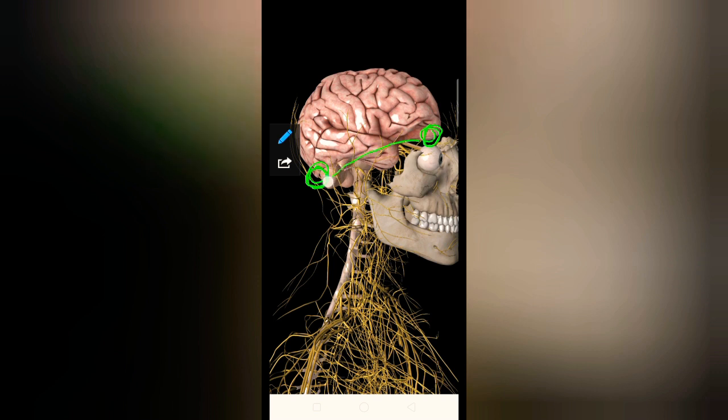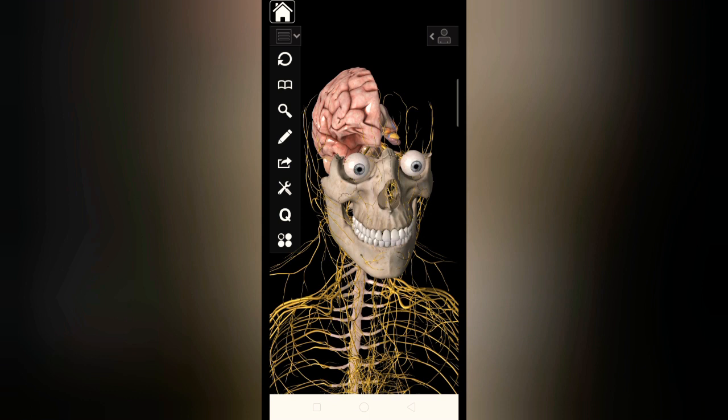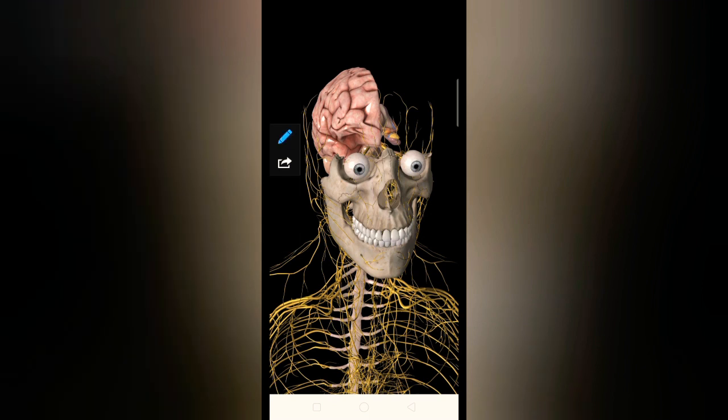So this is our inferior border. What is the inferior lateral border? The inferior lateral border is separating our superior lateral surface from the inferior surface. Alright, so we are done with two borders: the superior medial border, which separates the superior lateral surface from the medial surface, and the inferior lateral border, which separates the superior lateral surface from the inferior surface.